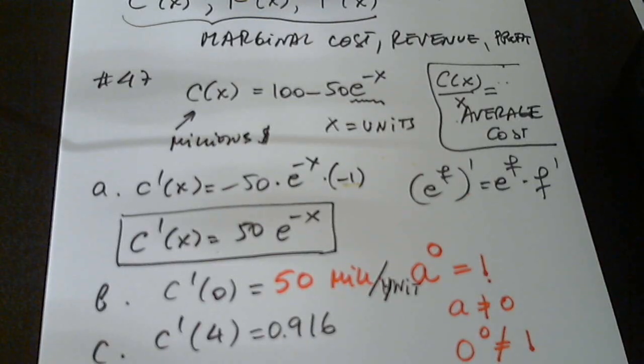So when they produce nothing, I mean, when they build 0, that's what C prime of 0 is. So the rate of change, it's their cost. It's their initial cost. If they produce nothing, that's their initial cost. Now at 4,